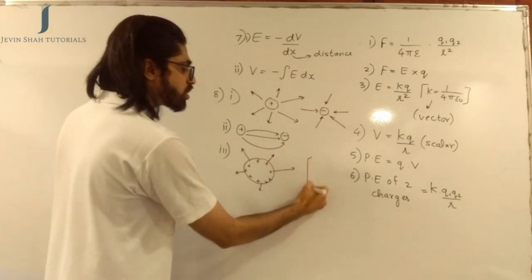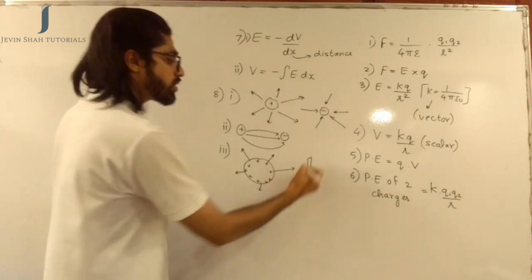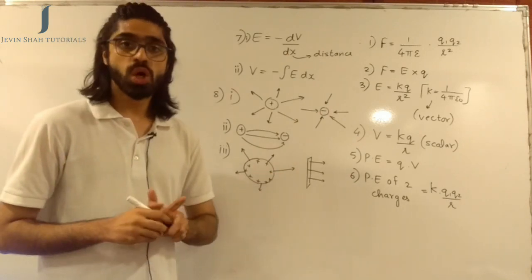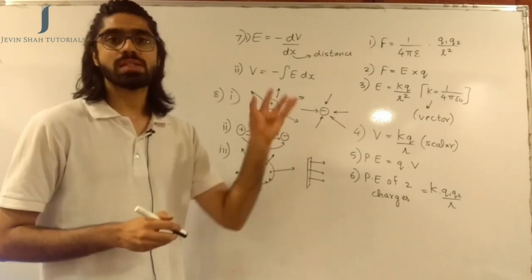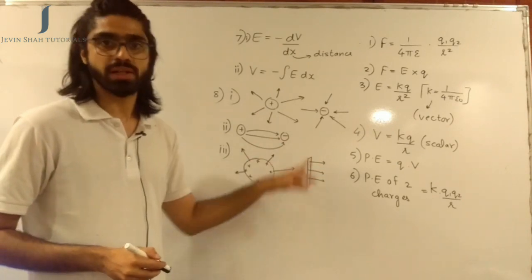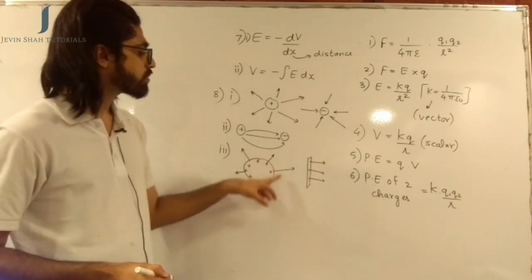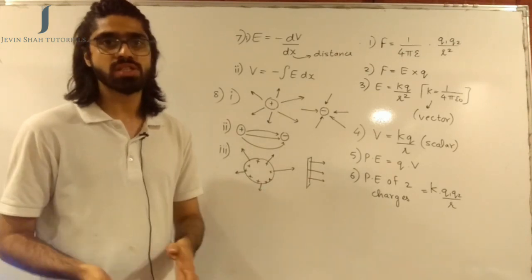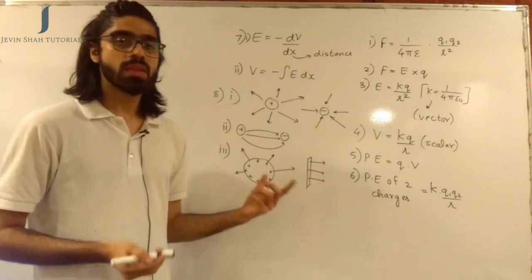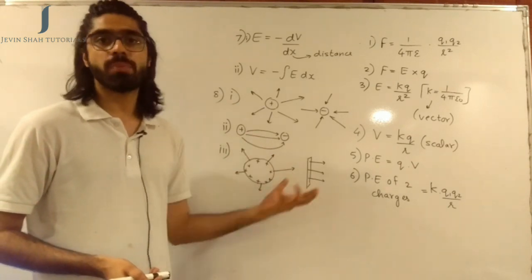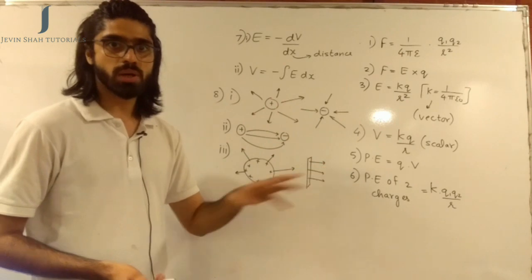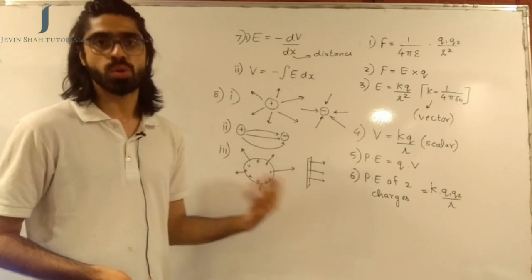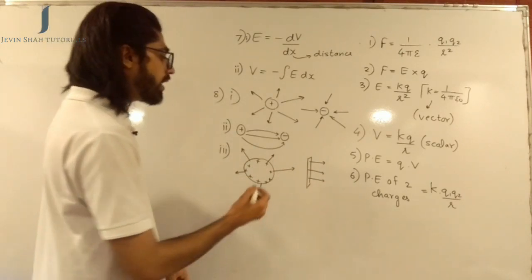If it was a plain sheet like this, then for the sheet, the electric lines of force are going to come out like this. The electric lines of force always start or terminate perpendicular to the surface of a metal. They will start from the surface if the metal is positively charged, and they will terminate on the metal surface if it is negatively charged. They will either originate or terminate, but whatever they do, they will be perpendicular to the surface of the conductor. That's your next point. Go ahead with the fourth point.